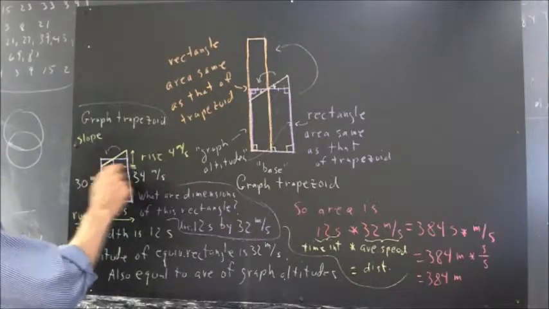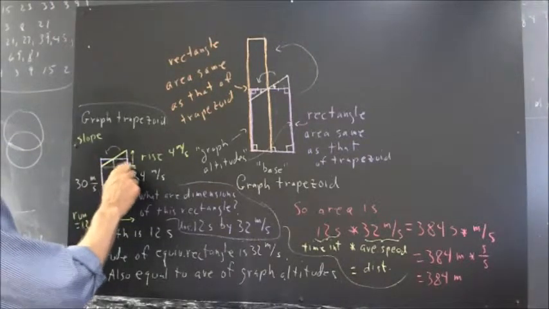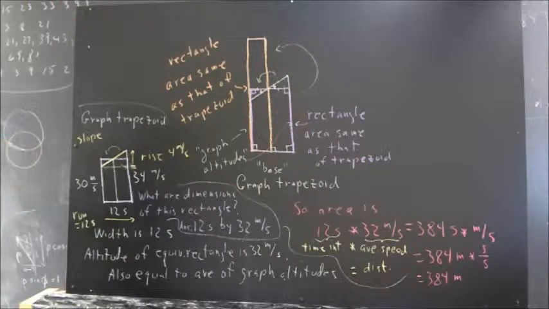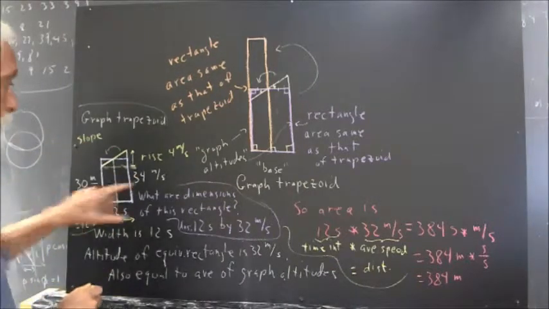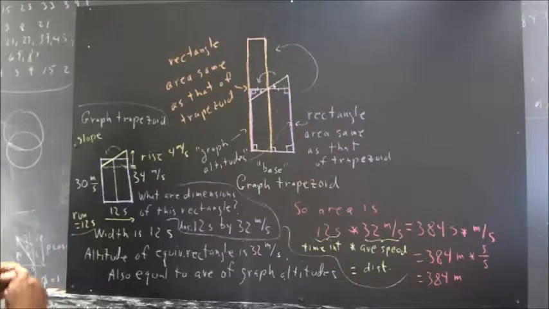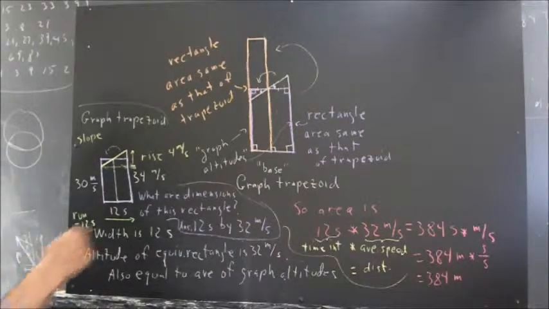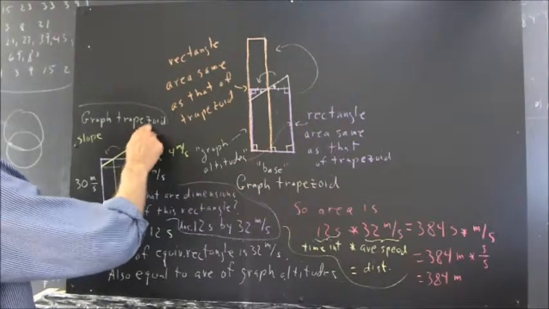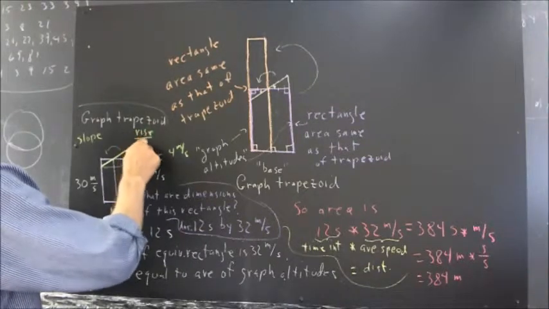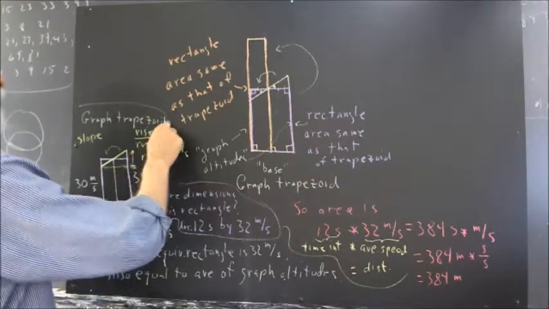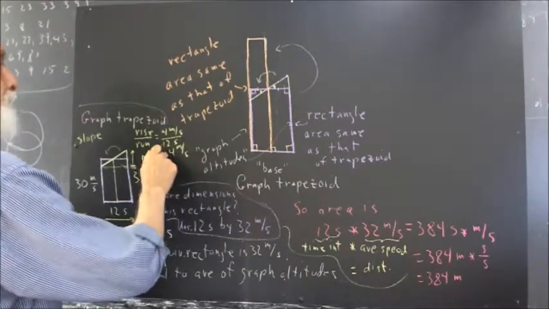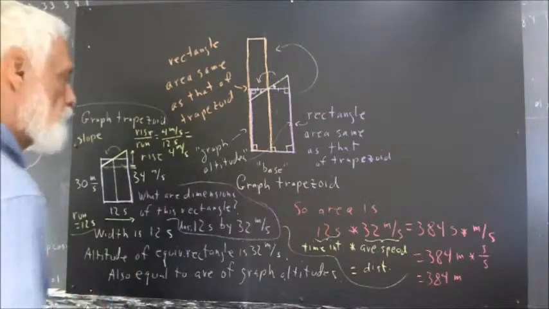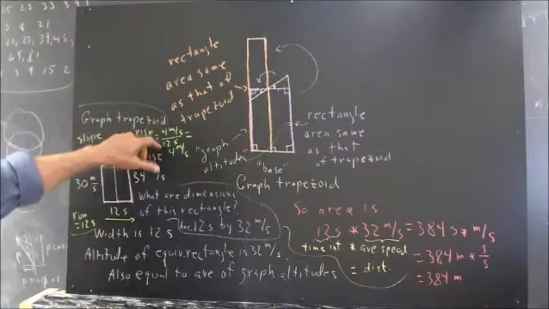Now we could have done the run up here just as well, but I didn't have a lot of room to label it, so I did it down here near the base. But it should be clear that from this point to this point, we go up 4 meters per second, we go over 12 seconds. So the slope is rise divided by run, which is 4 meters per second, divided by 12 seconds, which is what? It's 1/3,